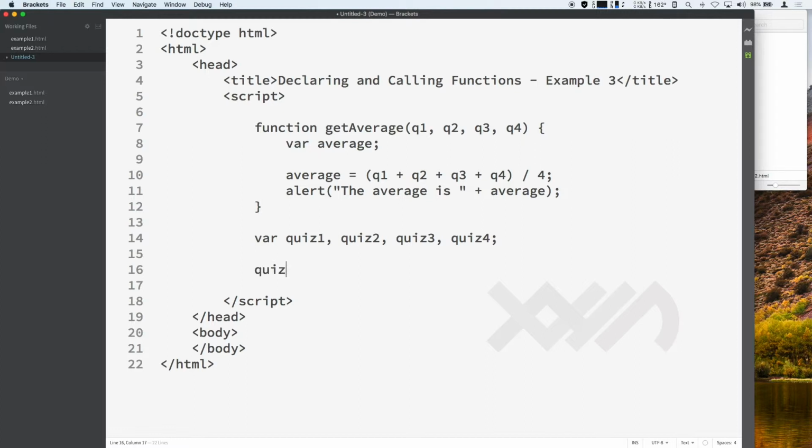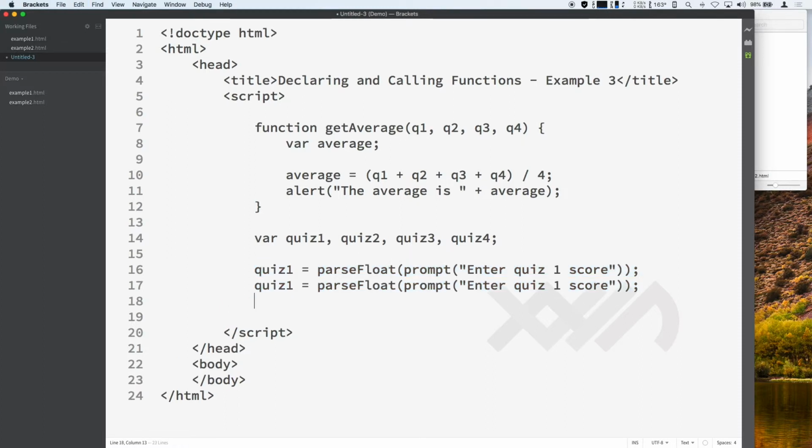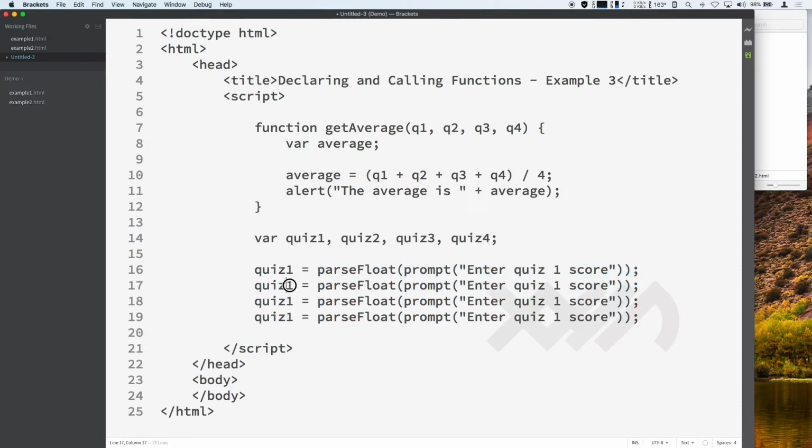So quiz1 equals parseFloat(prompt("Enter quiz1 score")). Okay. And I'm just going to copy and paste that, replacing these. Okay. So now that I have the 4 quiz scores, how do I use the function to compute the average